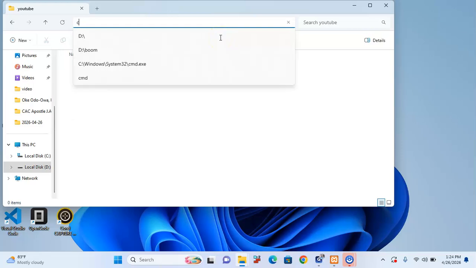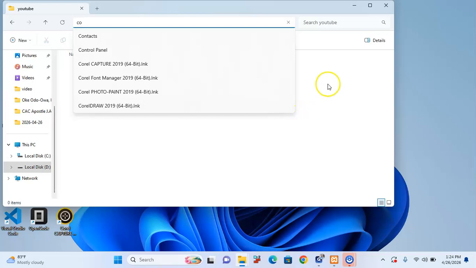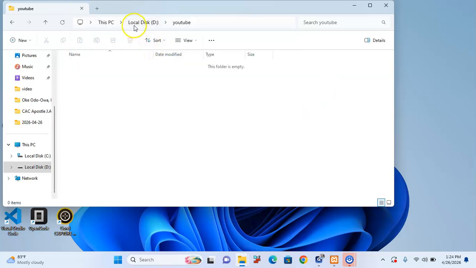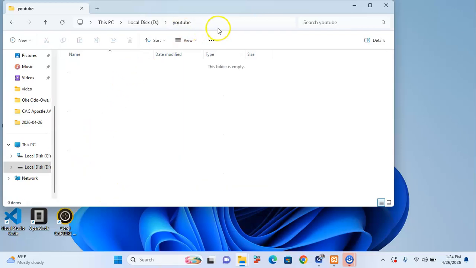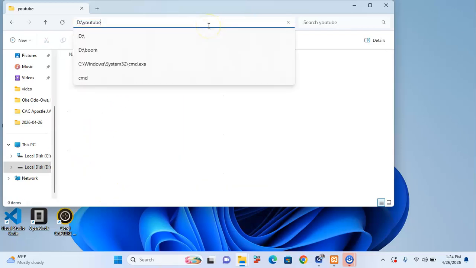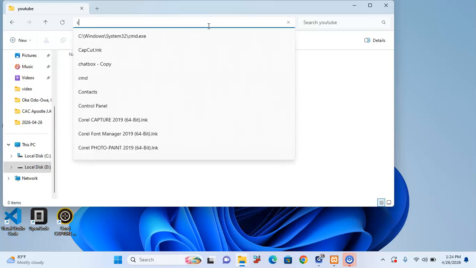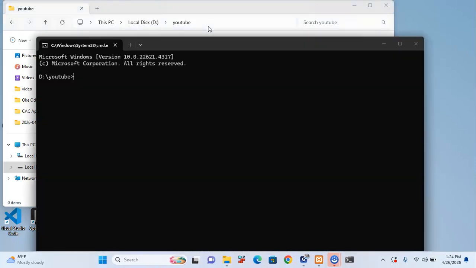CMD. So I want to open this. I create a folder called YouTube, and I want to open it in my CMD, so I can create the Flint Dart project. I will have CMD. I also have what's called Flint